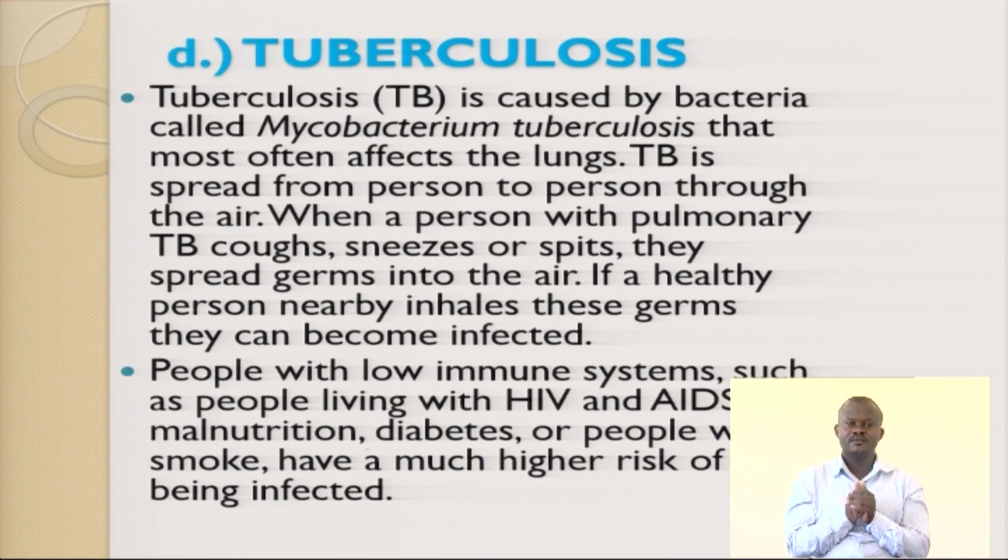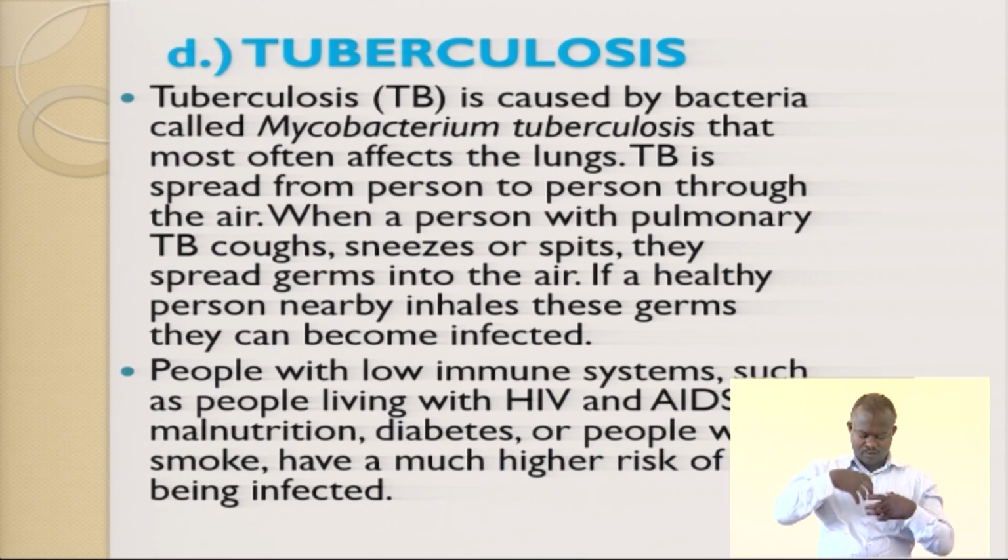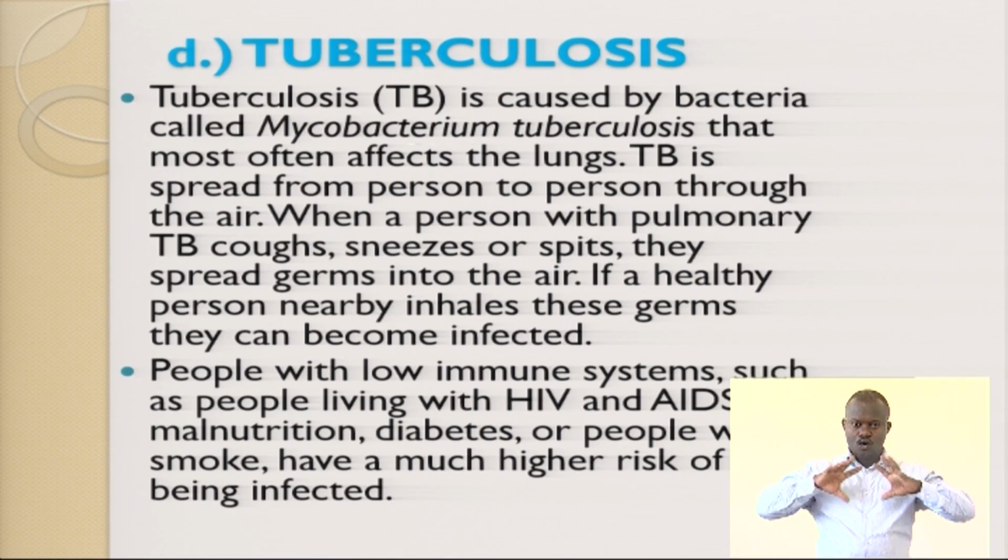So TB or tuberculosis is spread from one person to another person through air. If you talk about through air, it means tuberculosis is an airborne disease. When a person with pulmonary tuberculosis coughs or sneezes or spits sputum somewhere,